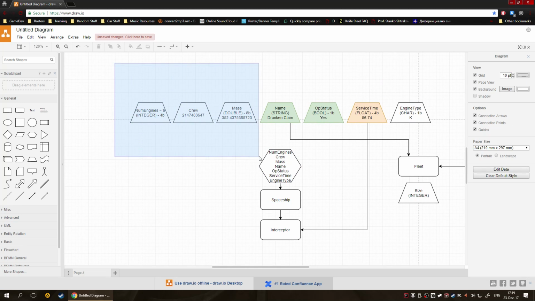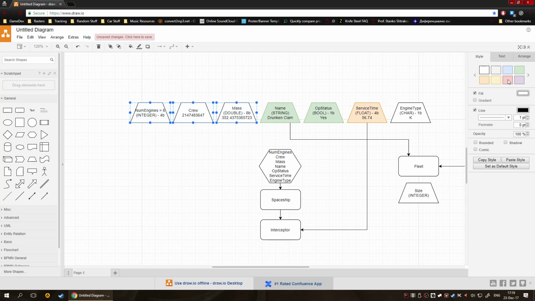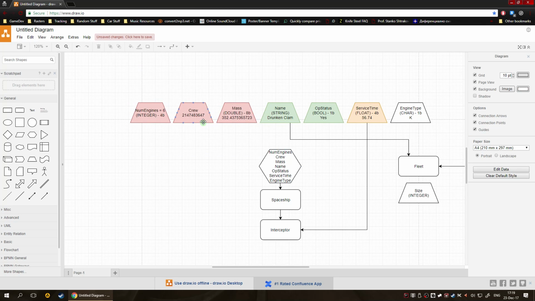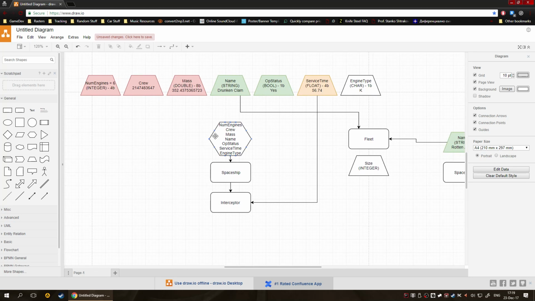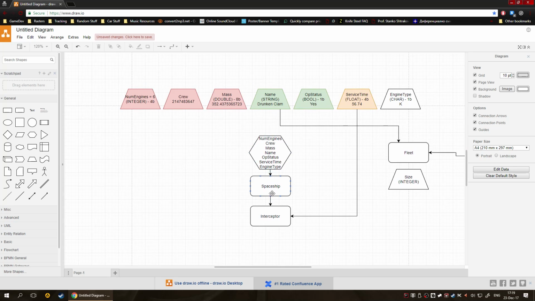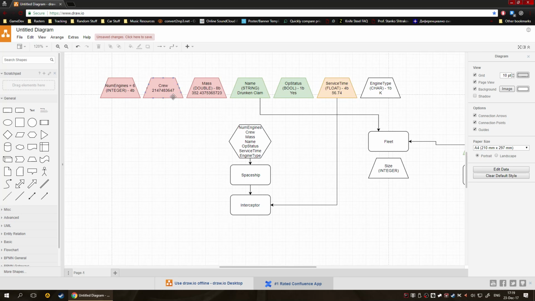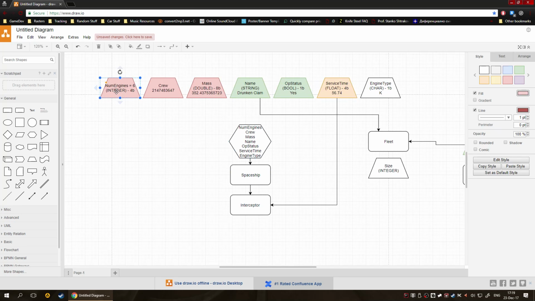You wouldn't want to change them at any given point, and nobody really cares about the amount of crew, the mass, and the number of, especially for the mass, right? Although they are changeable, generally speaking, they should not be changed by anything other than the spaceship captain itself. So the captain says, oh, I want more engines, let's pump more engines. I want to be heavier, lighter, let's get rid of something, right? I want more or less people. So these three are only accessible